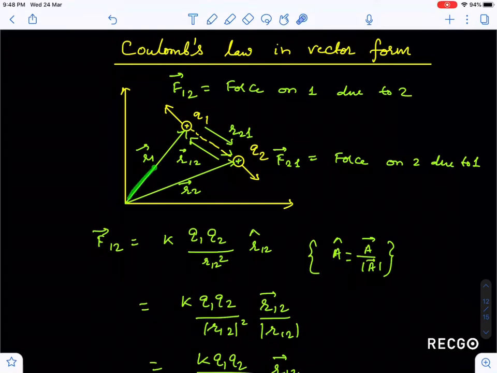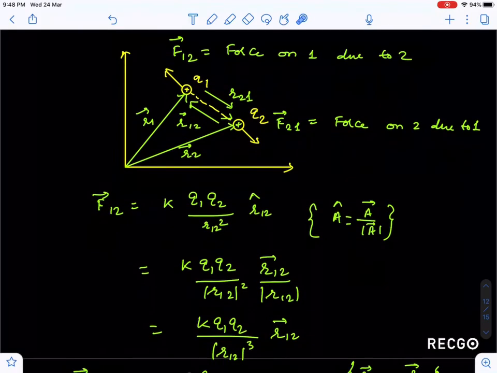These are the position vectors, and you can understand this displacement vector r21 like this. If we take this triangle, see guys carefully, and apply the triangle law, r1 plus r21 can be written as r2, right? So r21 can be written as r2 minus r1, and that is why I have taken this vector as r21. Okay guys, so this F12 vector can be written as k q1 q2 divided by r12 whole square,